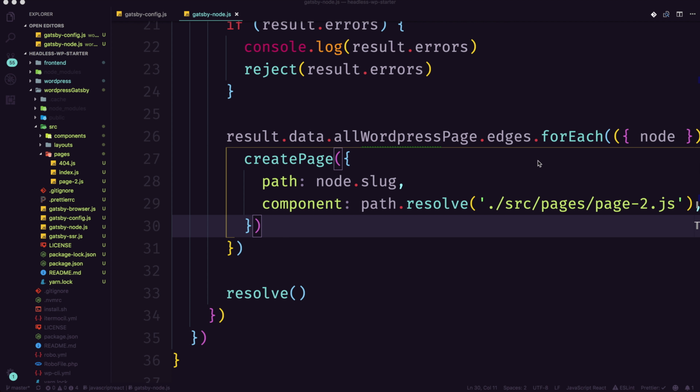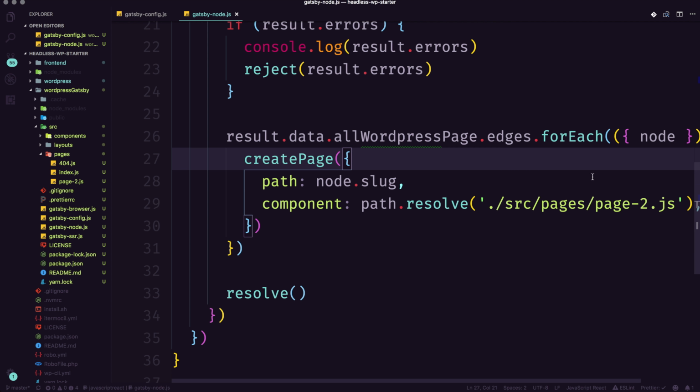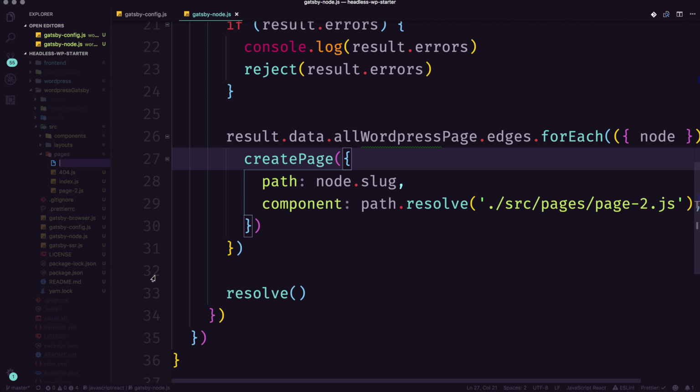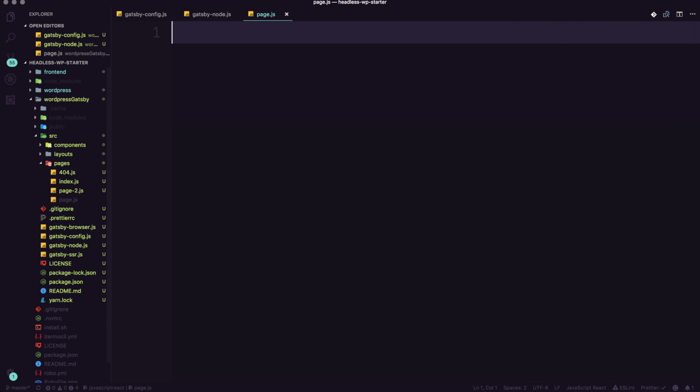Okay, so in this video, we're actually going to take our pages that we've created and actually do something with them. Except this time, we're not going to use page2 or page-2.js. We're going to use a new page, which I'm going to do a new file and a new page. And this is simply just going to be page.js. I mean, that is kind of a ridiculous name, but that's what we're naming this thing specifically because, well,